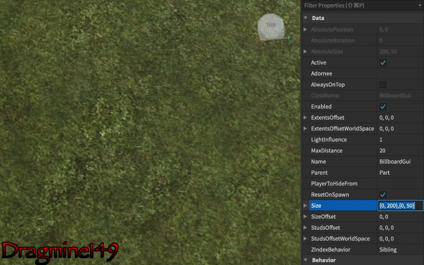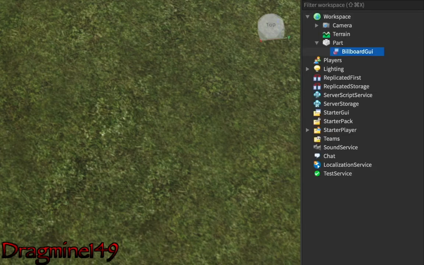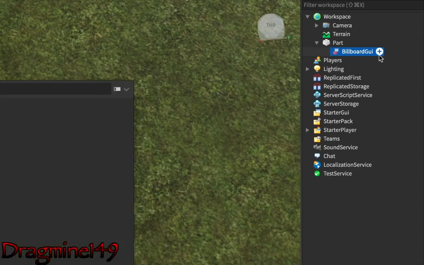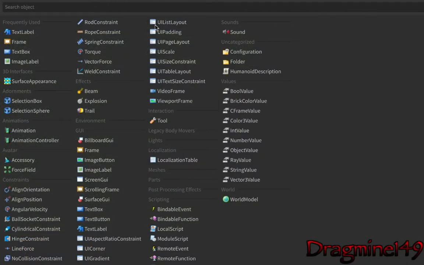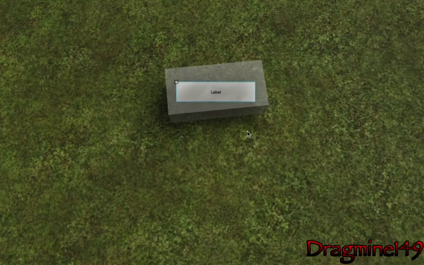So the next thing I'm going to do is in this Billboard GUI, I'm going to add the next element. This element is going to be a text label. This text label, as you can see, will be on there.